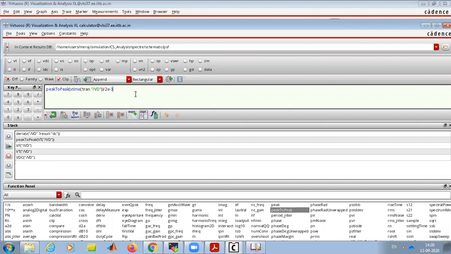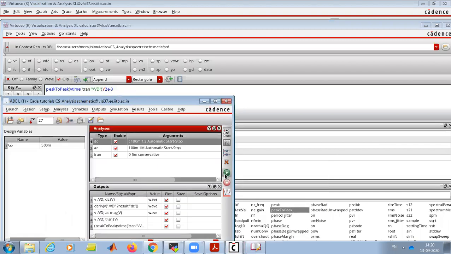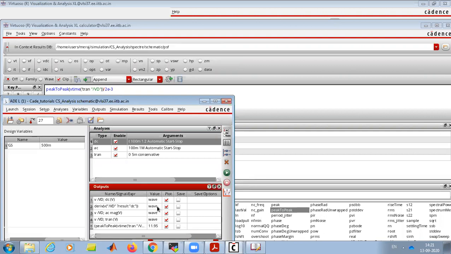If you want to find gain, it is whatever output we are getting divided by whatever peak-to-peak input we have applied. We'll send this and run the simulation again. So that is 11.95, this is the peak to peak. So around 12 we get from all these three approaches.